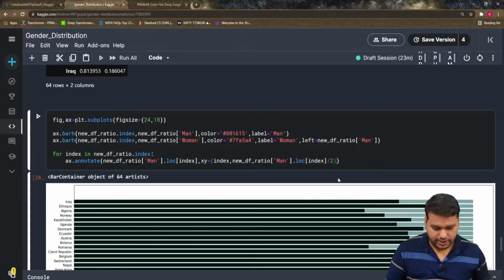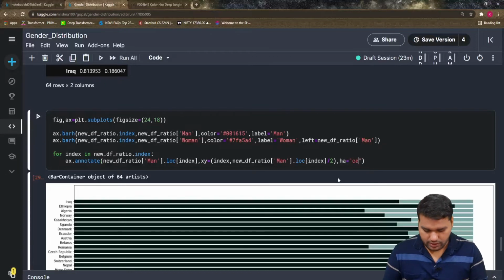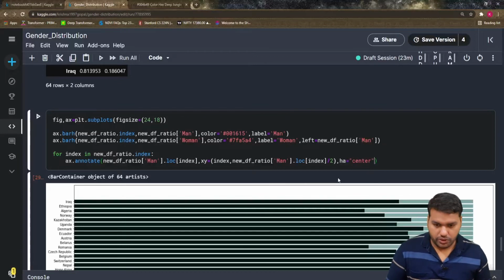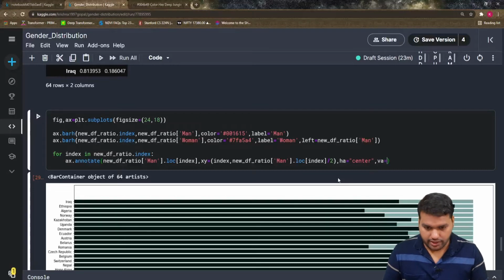And the rest is very simple. You give ha is center, as in the previous video, and you give va is center.